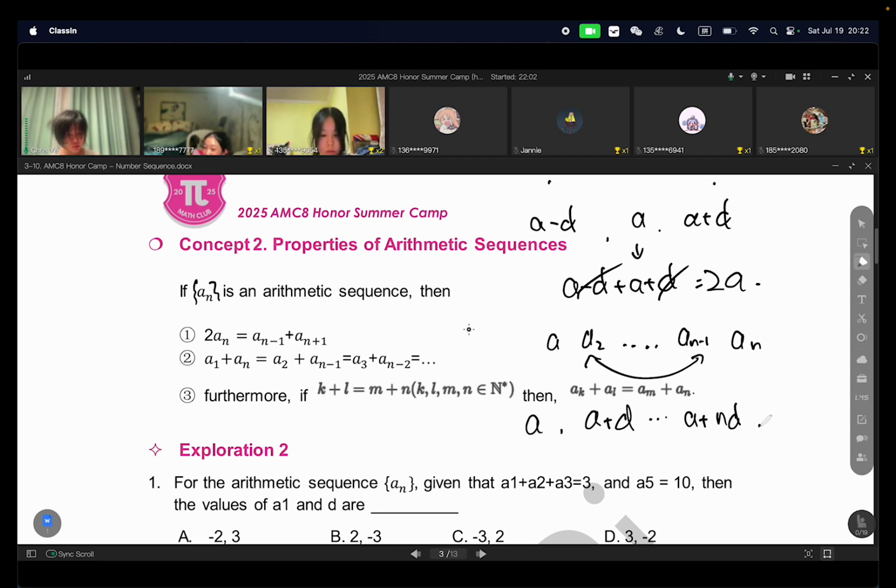So the next term after that is going to be a plus (n plus 1)d. So together, these two is going to be 2a plus d times (n plus 1), which is the same as a plus (n plus 1) times d. Does anyone have any questions? And this means,